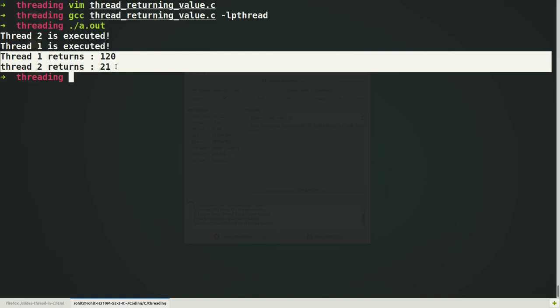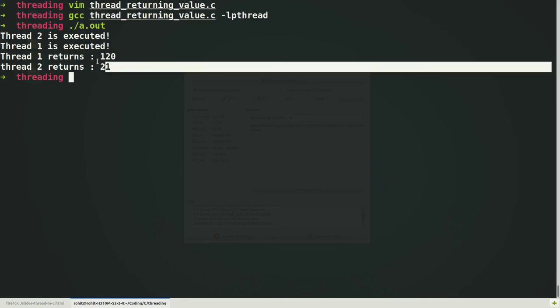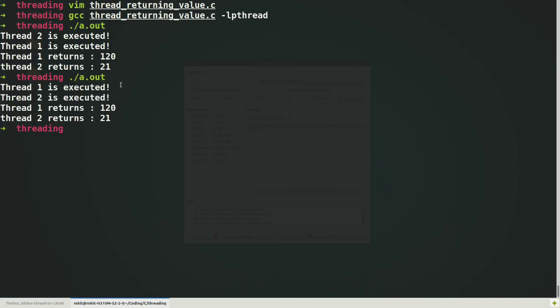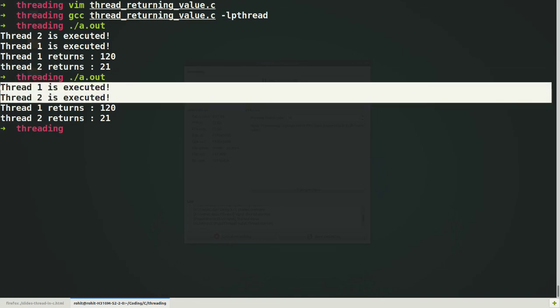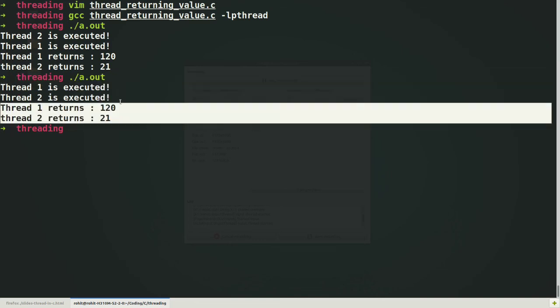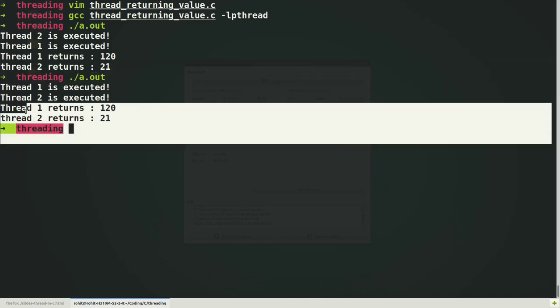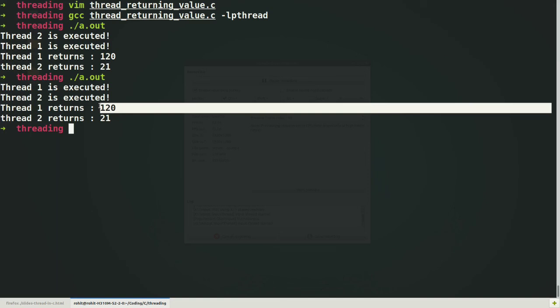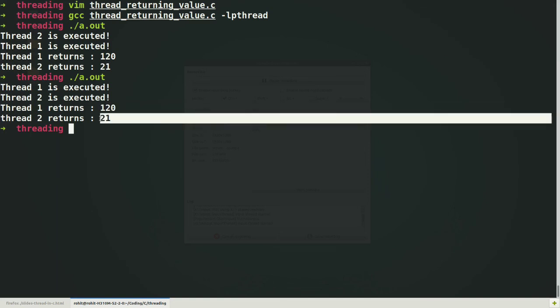After the join function, whatever code you write is going to be executed line by line. This is not going to be executed parallelly. So this part of the code is not going to change, but this part of the code is changing. You may execute it as many times as you want. See, this part of the code changes, but this part does not. From the creation of a thread to the joining statement, whatever you write between these two lines is going to be executed parallelly. Here we are having 120 for 15 and 21 for 6.